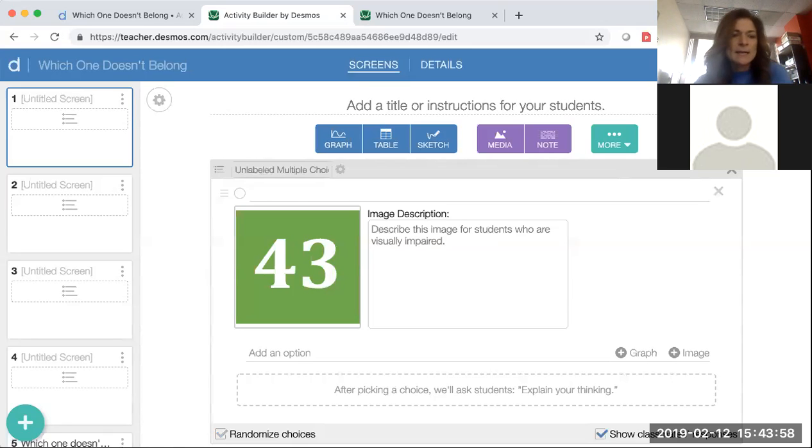Perfect. That'd be great. So just for those people watching, some different options of what you could do, as Renee said, with the BYOD, you can access this from phones. The student Desmos does work from their phones, so they can do that if they don't have a computer. Another option might be to have students collaborate if you only have a few computers. You could have a group of 3, or just depending on how many computers you have, you could have 2 or 3 students together, and they could,